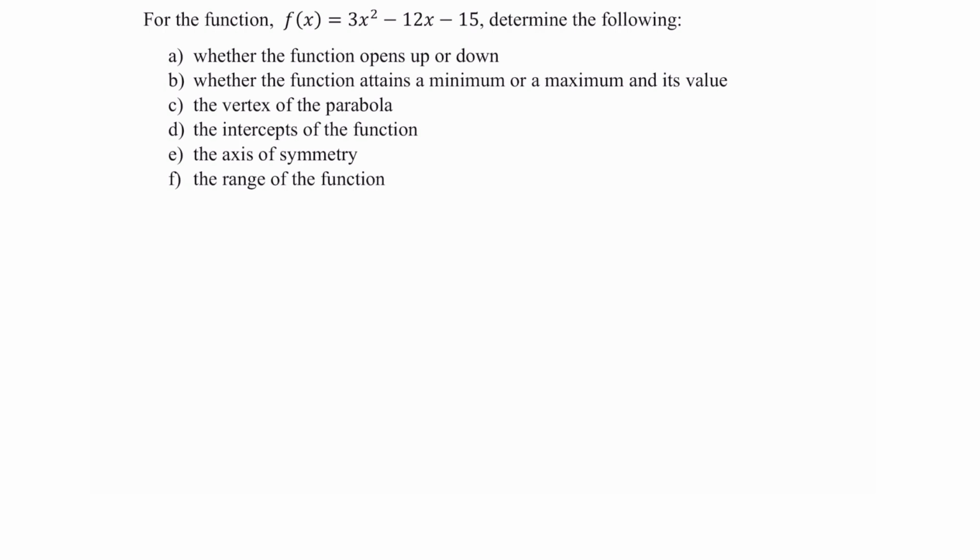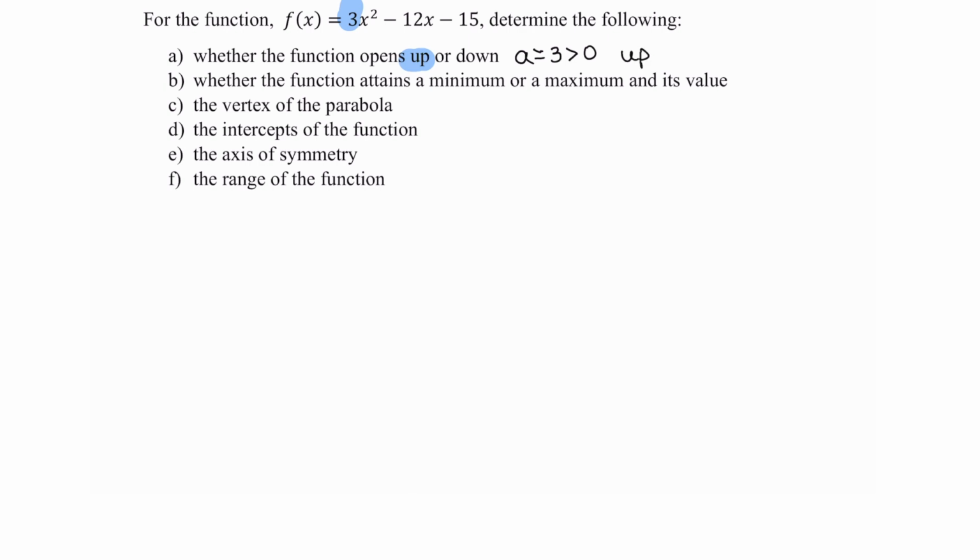So now when I think about this quadratic function, the first thing I want to look at to determine whether the function opens up or down is to look at the sign of the coefficient in front of the squared term. So since this coefficient in front of the squared term is 3 and 3 is positive, that means that our quadratic function, our parabola, opens up. So we have, since a is equal to 3, which is greater than 0, it's a positive lead coefficient, our parabola